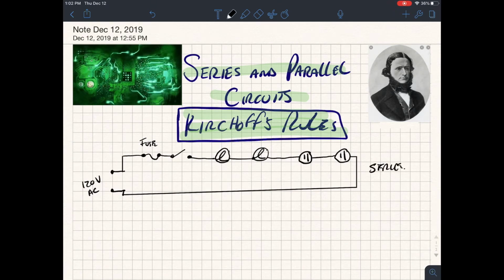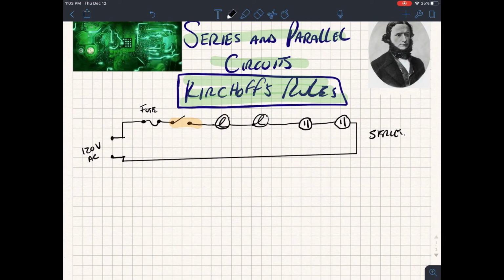The problem with the series circuit is that if one of these guys blows or functions to not let the electricity flow from one side along the pathway, then the whole thing turns off. The benefit is that using one switch, you can control the entire line. We're going to find out what some of the other advantages and disadvantages are when we start looking at Kirchhoff's rules. Though, to get us started with a parallel circuit, let's once again have our circuit coming out of the wall at AC 120. So we'll have this guy coming out, that guy coming out,